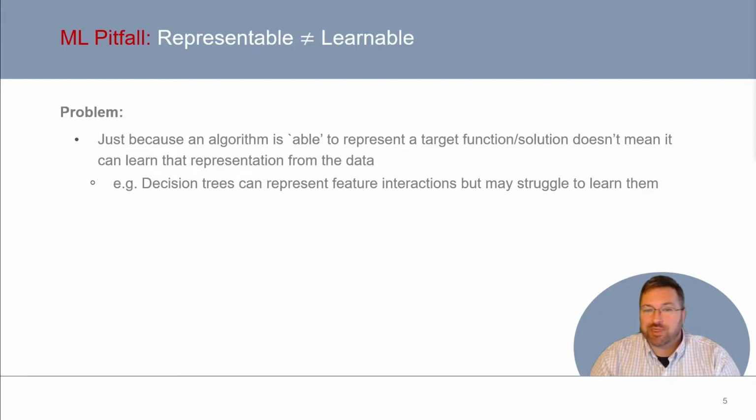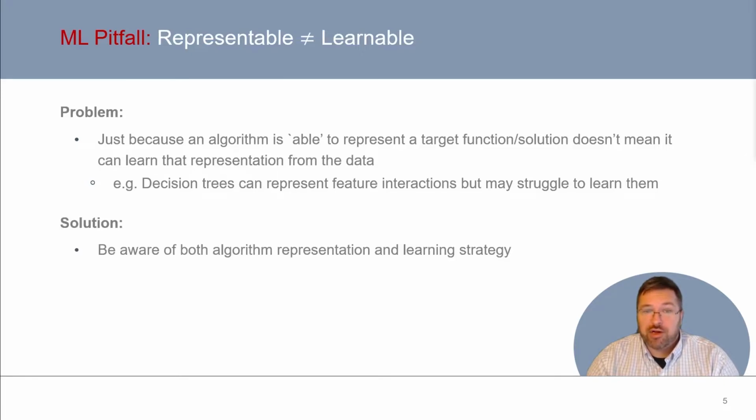As a more accessible example, let's go back to decision tree algorithms, which technically should have no problem representing interactions between features in a model. However, since they learn by splitting one node with one feature at a time, the model might not be able to learn that interaction, especially if there is a large number of features in the dataset.